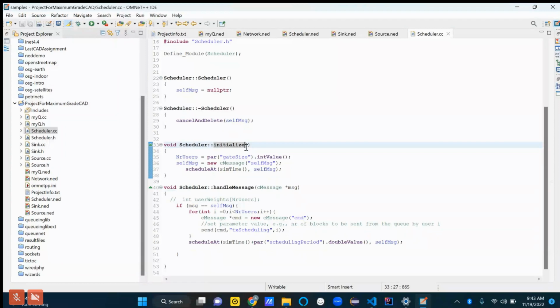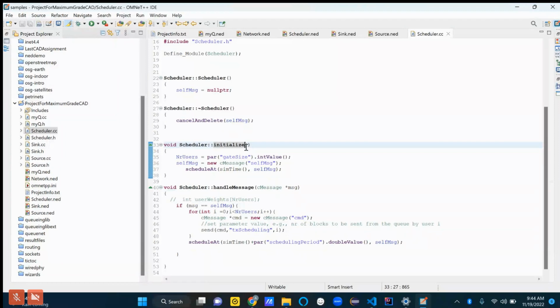Okay, and it's a parameter, which will also be reflected in the NED file that we were just looking at. All right, fine. But then basically, we do this self-message thing. So right now, that's all we do. And that's probably all we ever will do with initialize. But it's going to be handleMessage. That's going to be the interesting one.